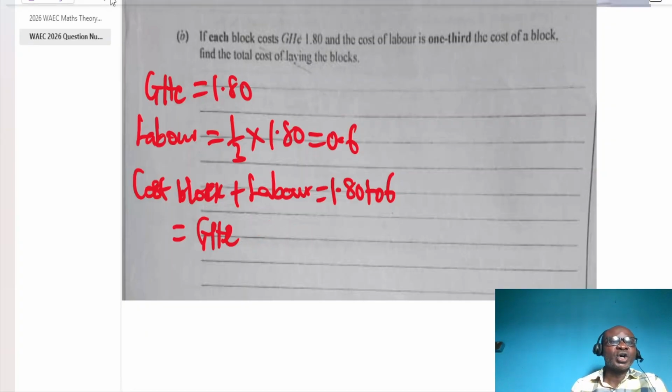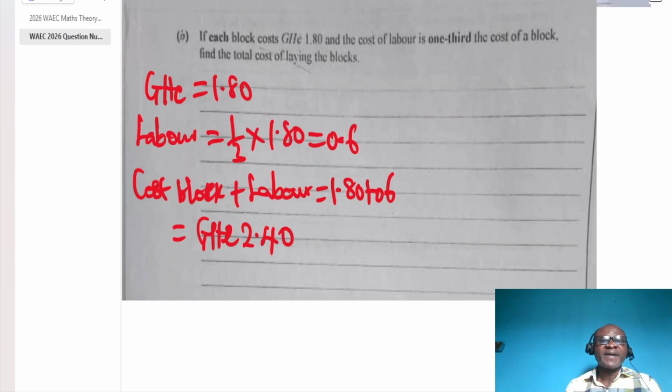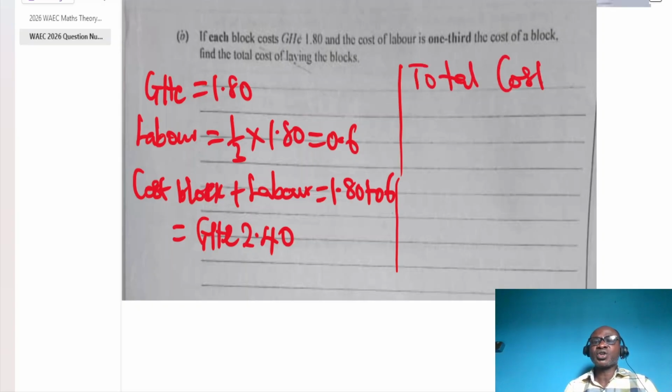So the total cost of one block now is 2.40. Now, the question is asking us to find the total cost of laying the blocks. Therefore, since we know the number of blocks, the total cost of laying the blocks